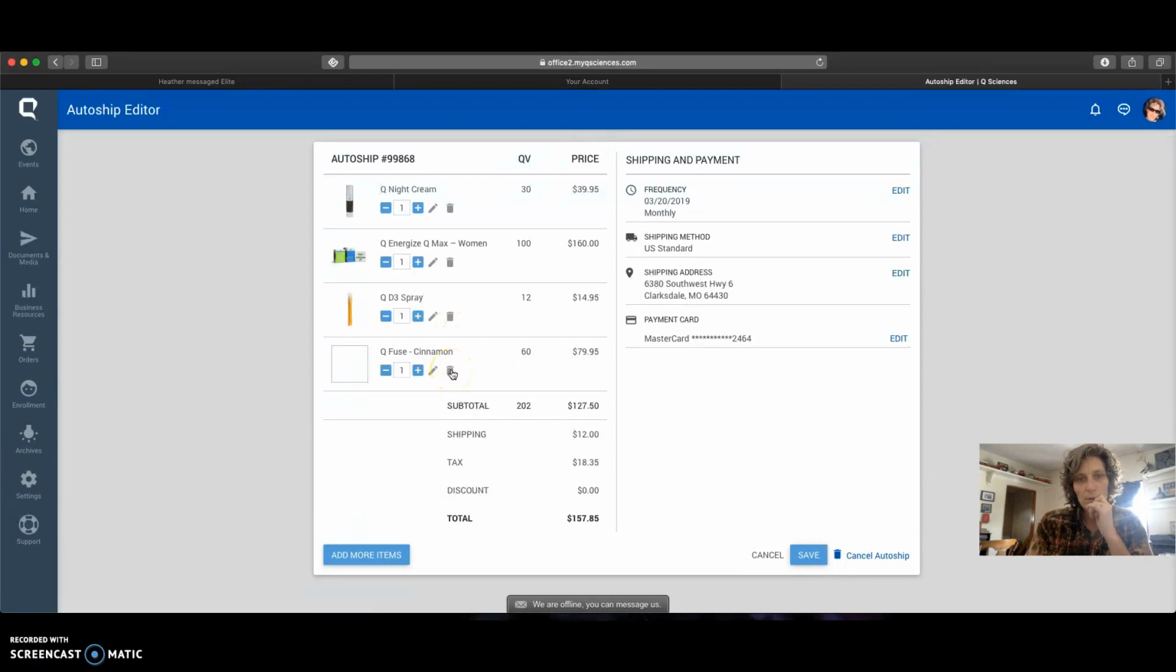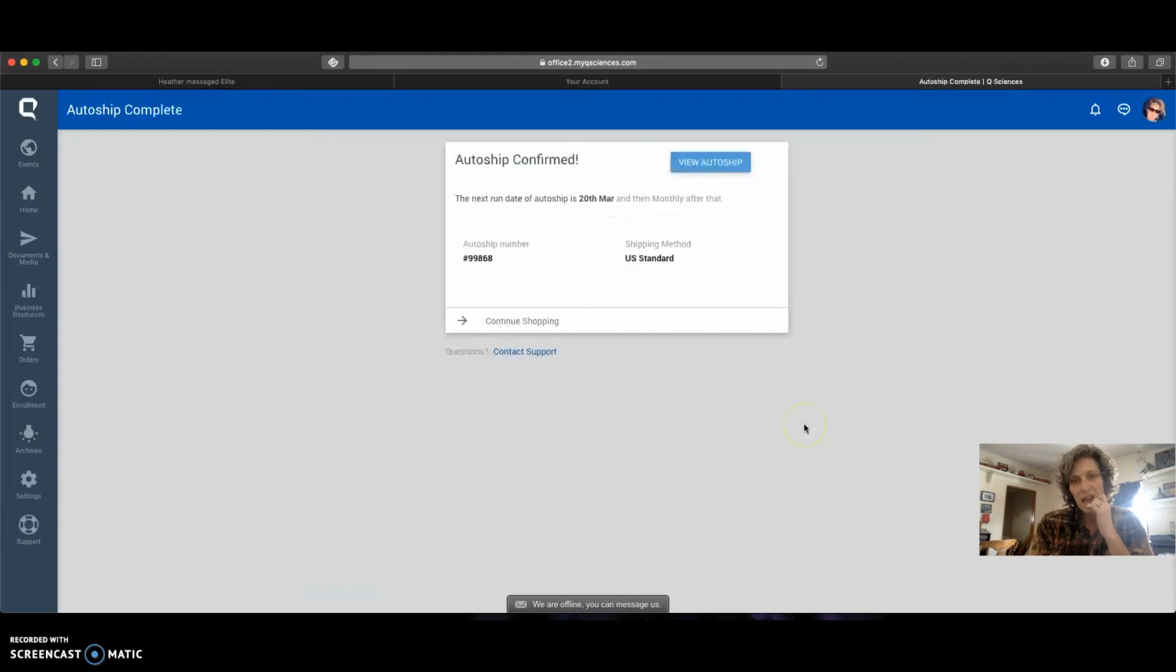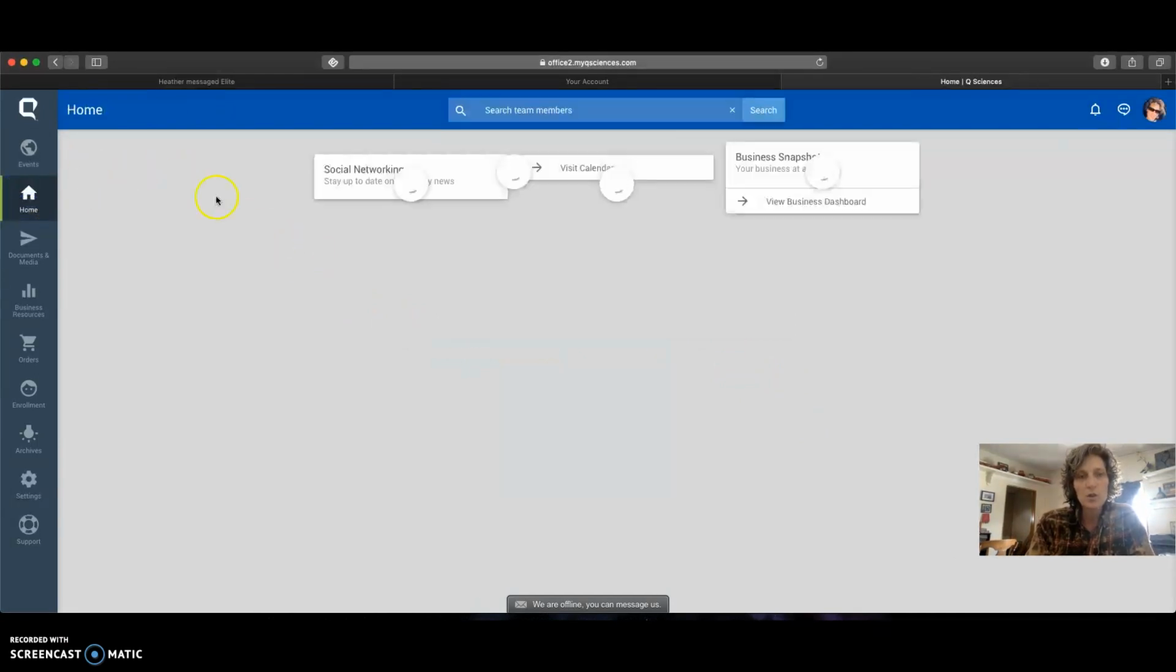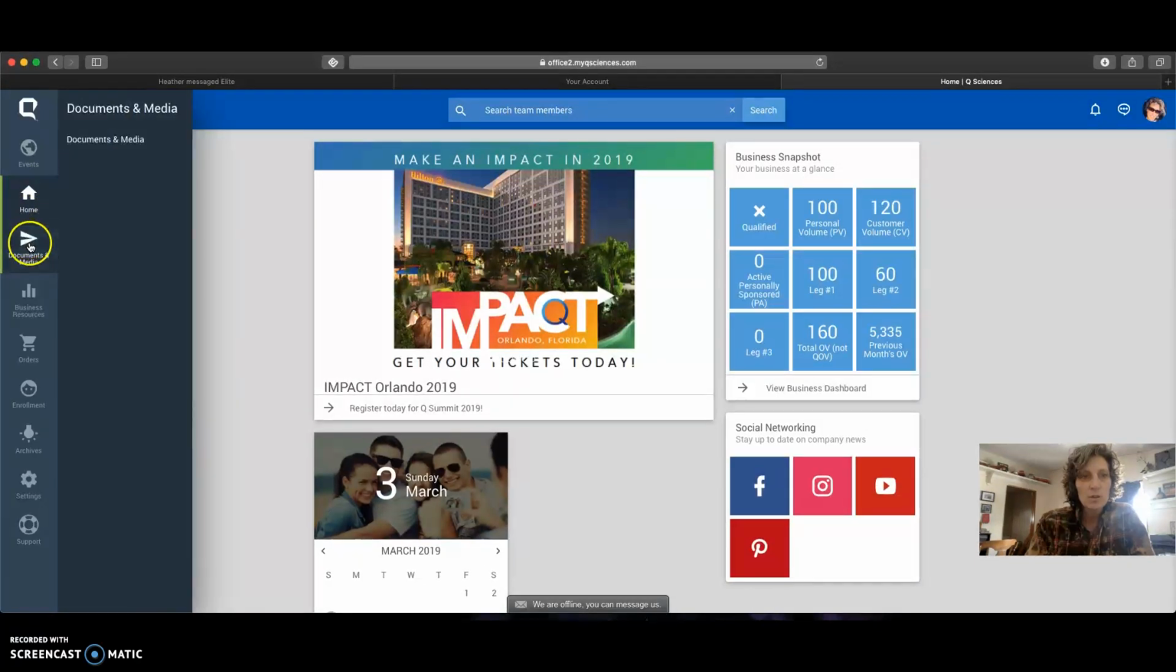Whoops, I took out the wrong one. And then you need to hit save again. Anytime you make a change, hit save again. And then when you want to go back to the main page, you hit home. Home is your main page. So you can just click on these. This is another one that